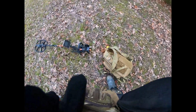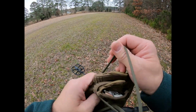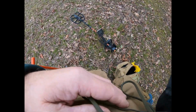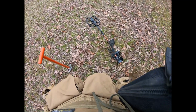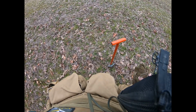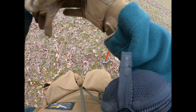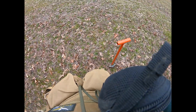I wonder how long these batteries are going to last out here, because with this cold they take a beating. So sorry about this, but I'm definitely not going to leave my hands uncovered today because it is right cold out here. Very, very cold. I'm just hoping I can pull up some more buttons, because I had to wait until goose season is on, but I mainly just wanted to make sure that it wasn't deer season, because I don't want to drive down here. It's about an hour and 15 minutes from where I live, and I just didn't want to drive down here and find out that somebody was goose hunting. I mean, I could have brought my magnets, but